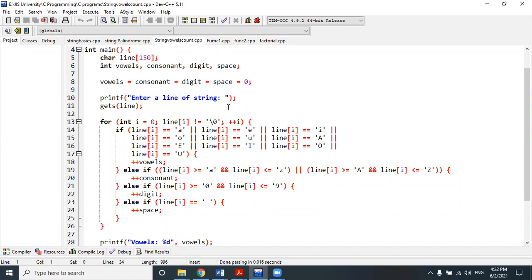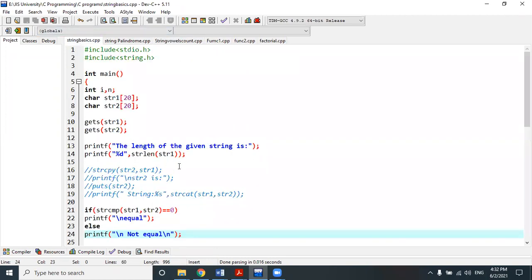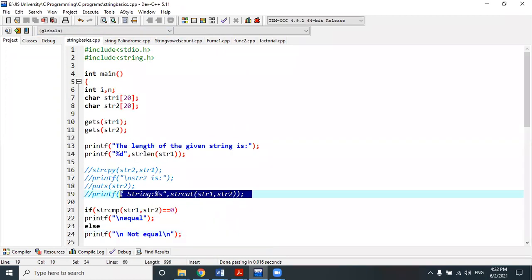When you are printing the string concatenation directly, as I already did, at the output end the compiler will create a temporary third array for you and print the result.